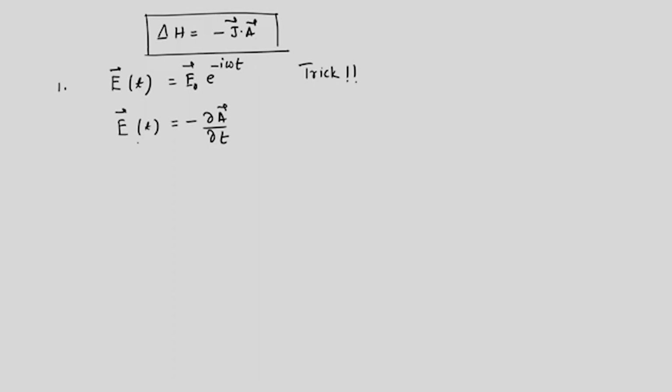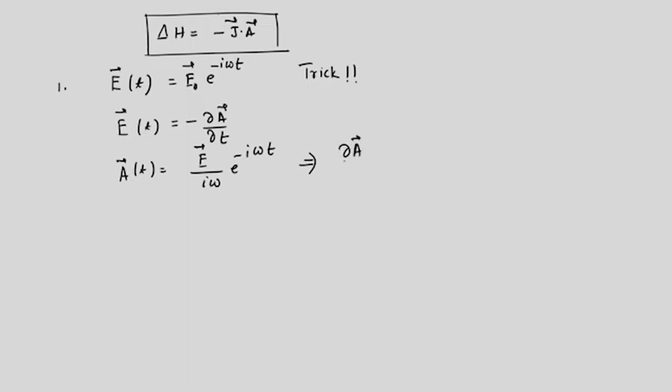So, this is your E of t, and it is precisely for this reason that we have taken it as a function of time, because your A of t is really like E divided by i omega exponential minus i omega t. Okay. So, this is your A, and if you take a